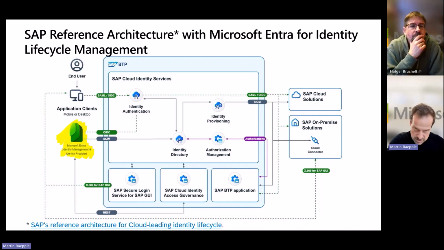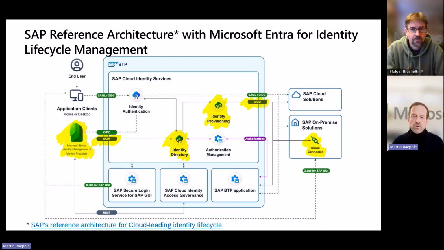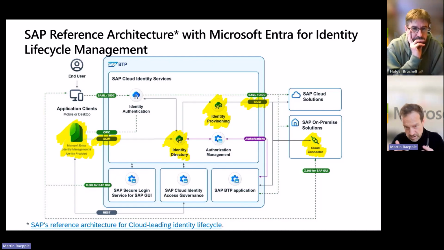So in today's episode of the podcast, we want to focus on those yellow-marked components. We take a look at the scenario I described in part 2 of my blog post series, which is all about provisioning. The yellow-marked elements in the reference architecture are in scope of such a provisioning scenario. The leading identity store is Microsoft Entra in this scenario.